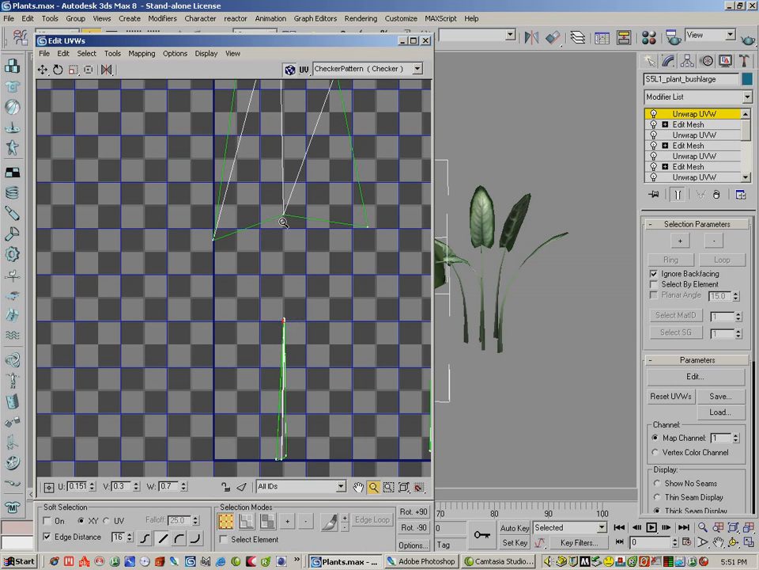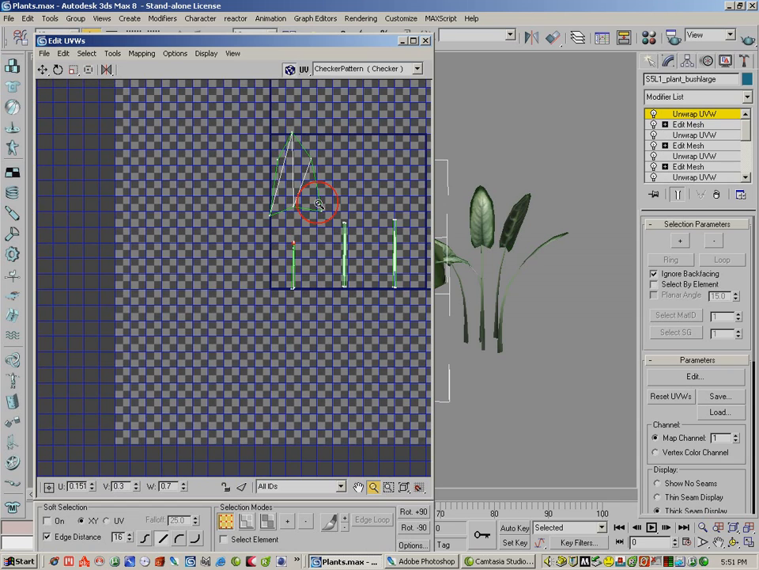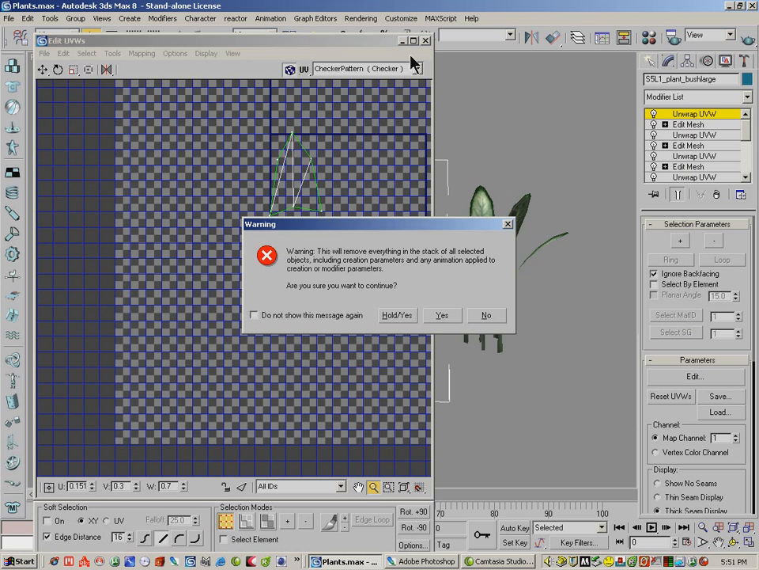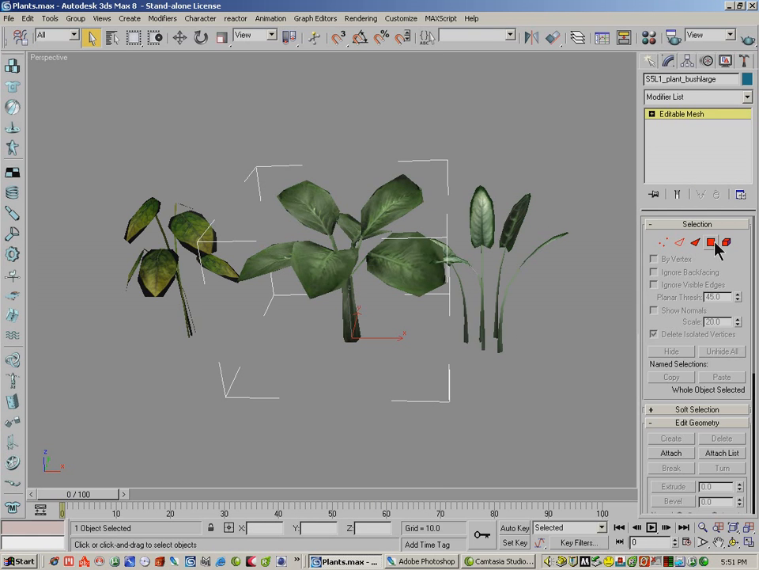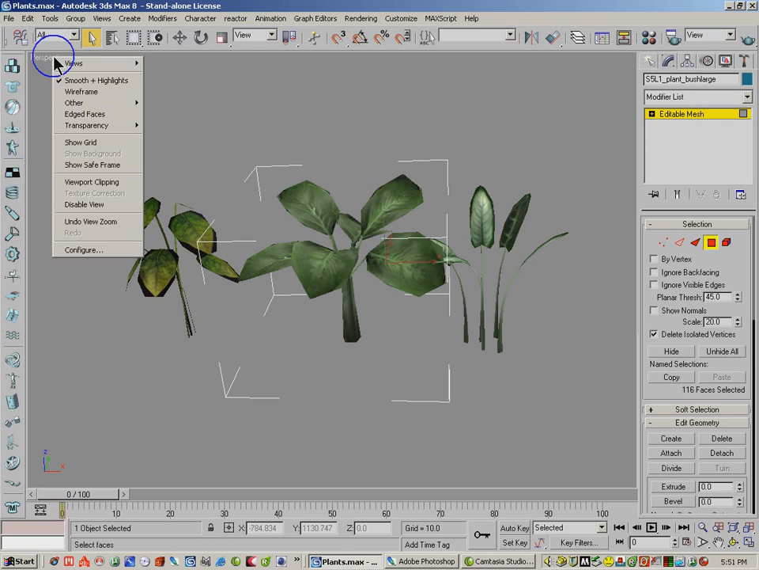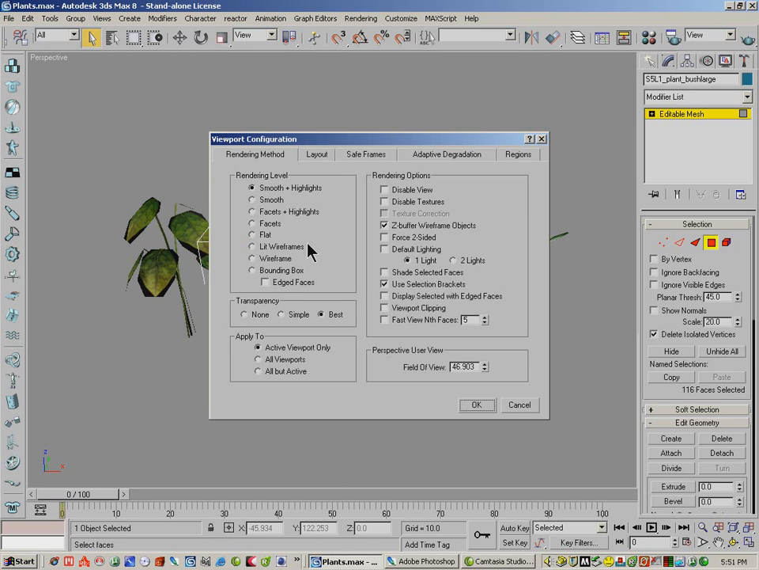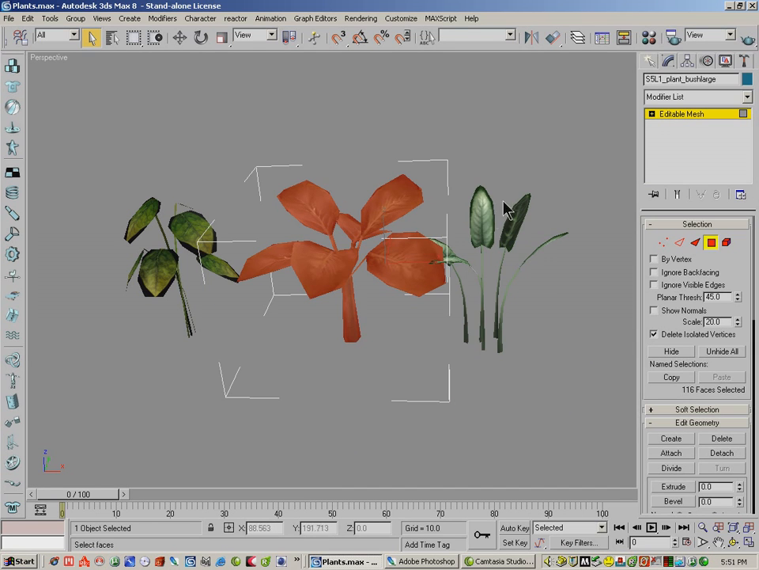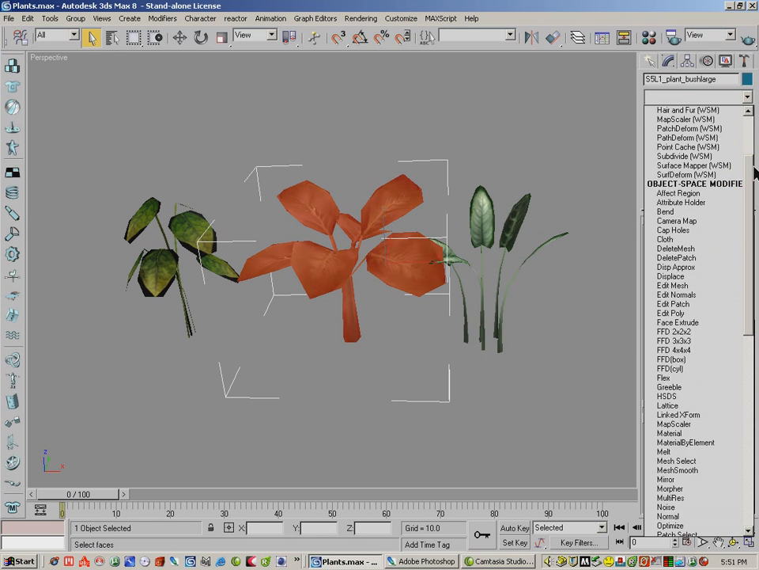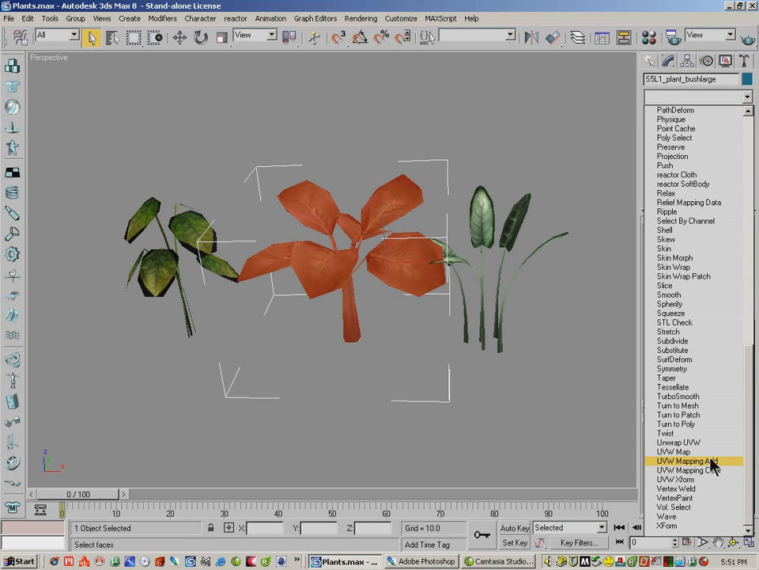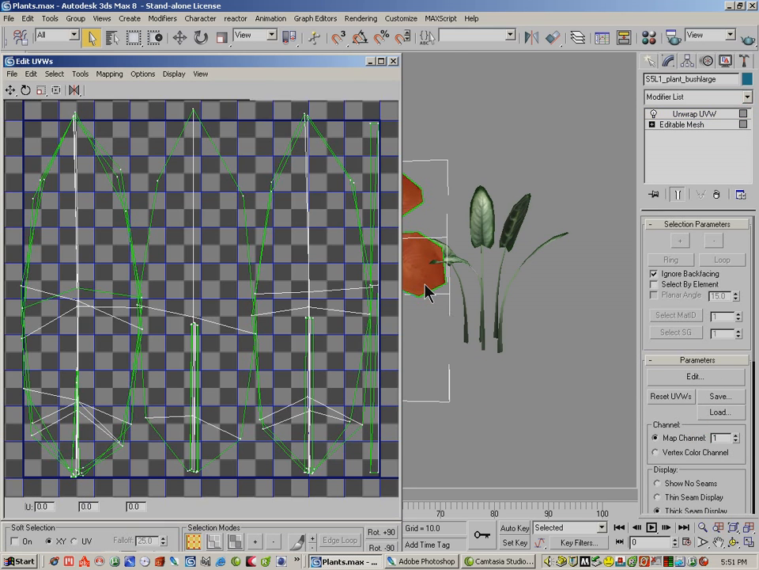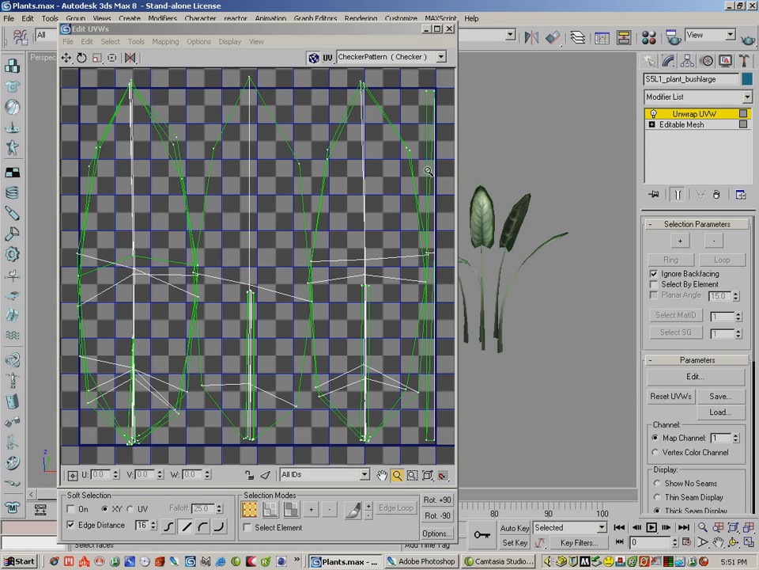zoom out a little bit. Let's collapse all these down really quick. I'm just going to grab all the vertices in here. Didn't set this up as well as I thought I did. Okay, so we've got all these polygons selected here. And I'm going to go to Unwrap UVW. Now we'll look at our UVW layout. You can see that I've got